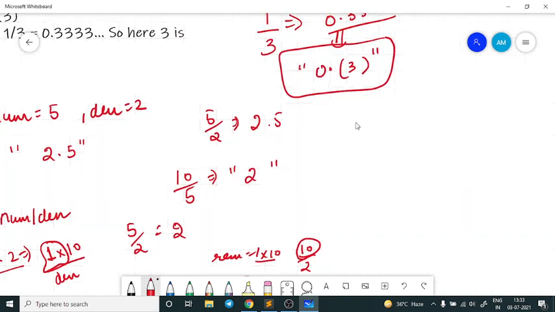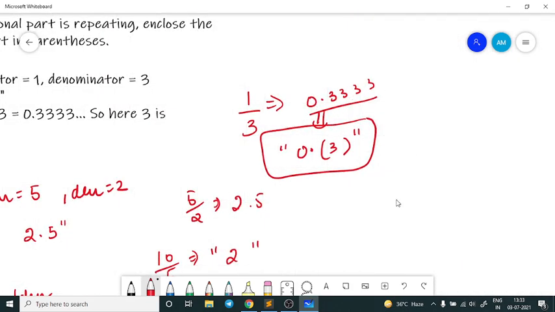But if I take the example of this case, 0.333, so what? It will look like this, right? 1 upon 3, I will give it a 0, right? So I have remainder 1, I will multiply it with 10, it will become 10 again. If I divide it by 3 again, it will become 3, right? 0.3. So again, the remainder will be 1 because 3 times 3 is 9. So if I subtract 9 from 10, I will get a 1. Again, I have to multiply this 1 by 10. So it will continuously go on, right?